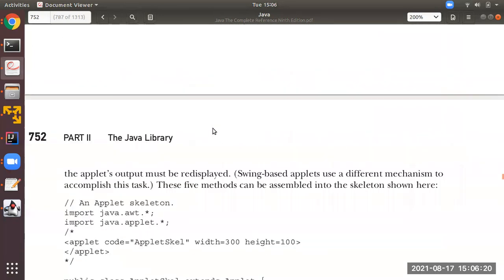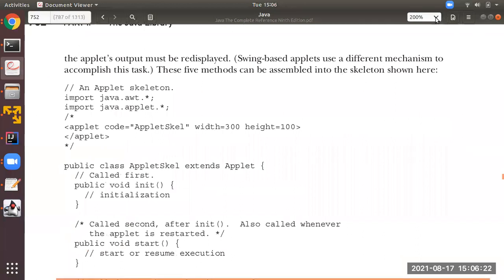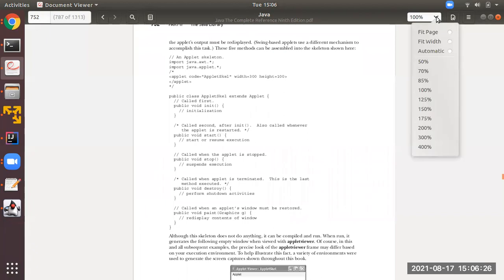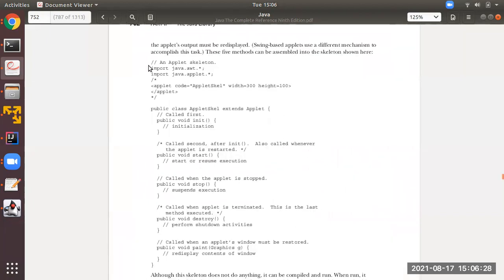Okay, so you can see a simple program over here. You can see the same packages, and this is the multi-line comment which has the tag for applet code. And see here, students, this program is extending applet. So you have the initialization phase.